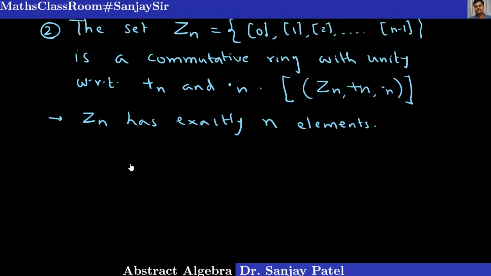Okay, so now if someone asks you to give an example of a ring having say 11 elements, you can immediately say Z11, plus 11, dot 11, meaning the ring Z11 with respect to addition modulo 11 and multiplication modulo 11. Okay, so you have seen many examples, but still a few more examples are left that I will be discussing in our next lecture.